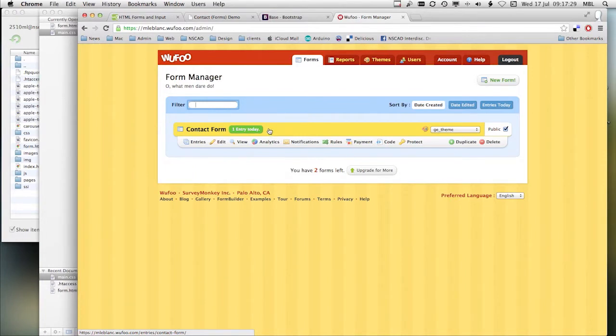I'm going to create a new form and go from there. So to create a new form, we just click this button. You have within this free account 3 forms that you can create. If you want more, then you have to upgrade and pay money for it, but I've got 2 forms left. So let's click the New Form button,